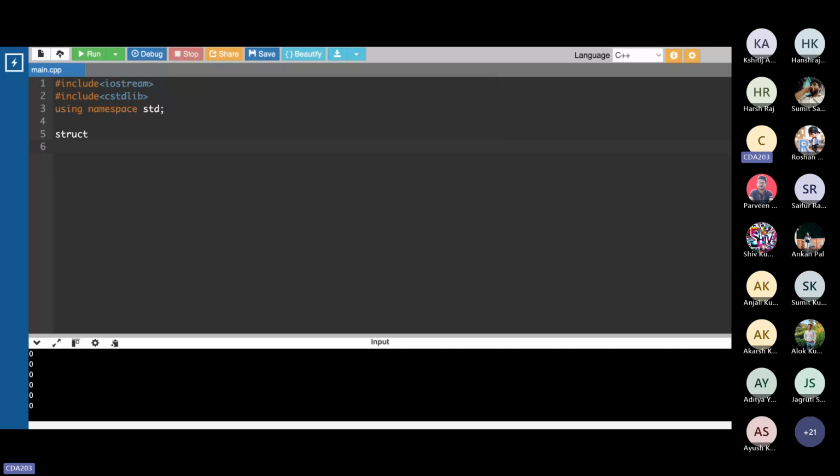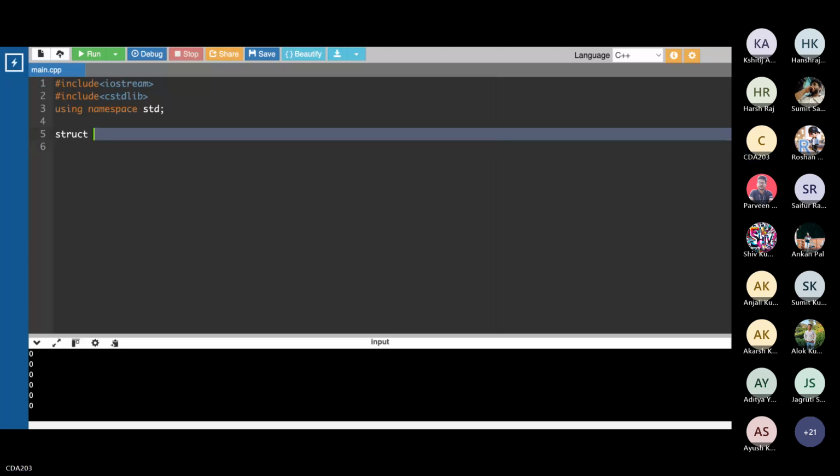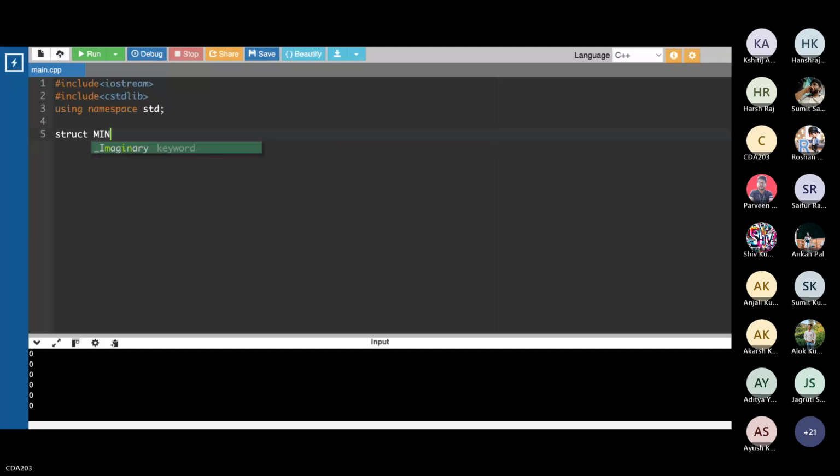So what do we need now? We have to create these nodes for this Huffman tree, and we also have to create nodes for this, what is called, heap. So first let's write the code for creating a